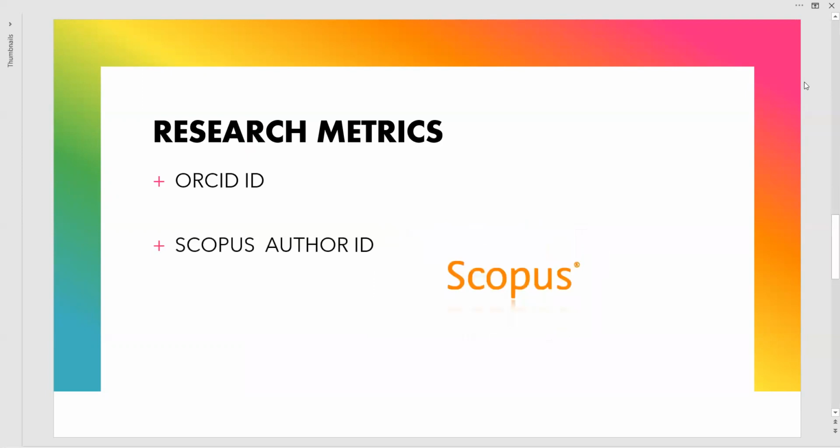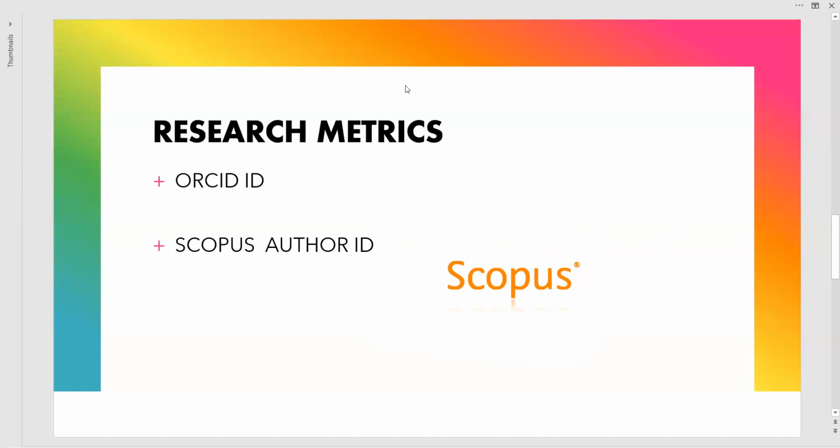Next one, Scopus Author ID. It is actually a database of Elsevier. It is an identifier which is used in the database of Scopus. Whenever we have at least one article of ours which has been published through peer review and indexed in Scopus, Scopus automatically assigns an identifier for each author. This is how it works.